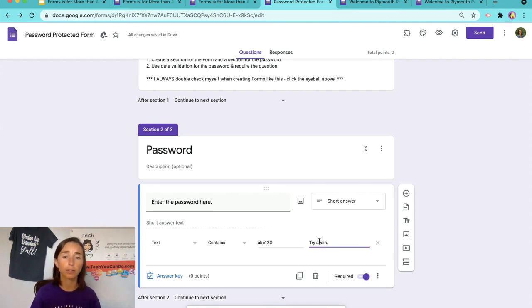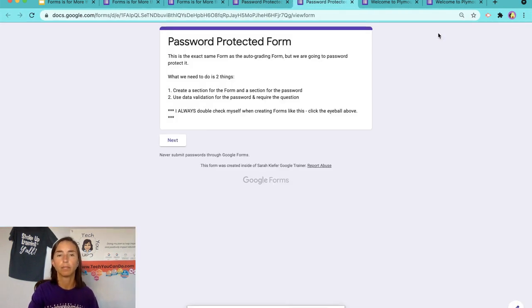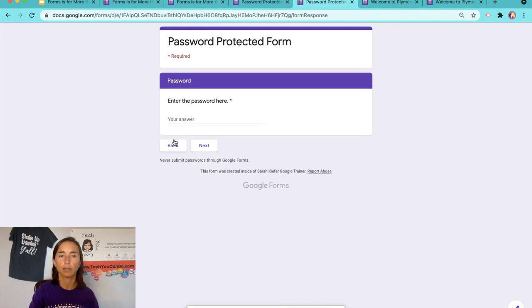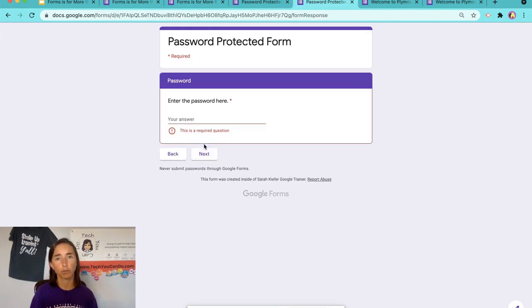I've got it required. If you have your form set up as an answer key, I would not ask for this to have any kind of point value to it, and let's test it out. So here we go, let's go next. And if I just were to try to hit next, number one, because I've required it, it's not going to let me. But if I just type in something,